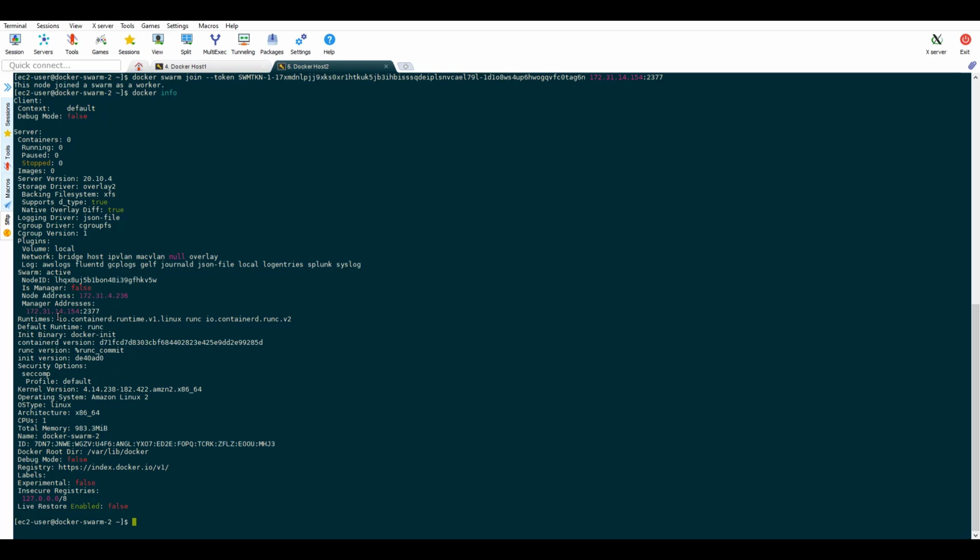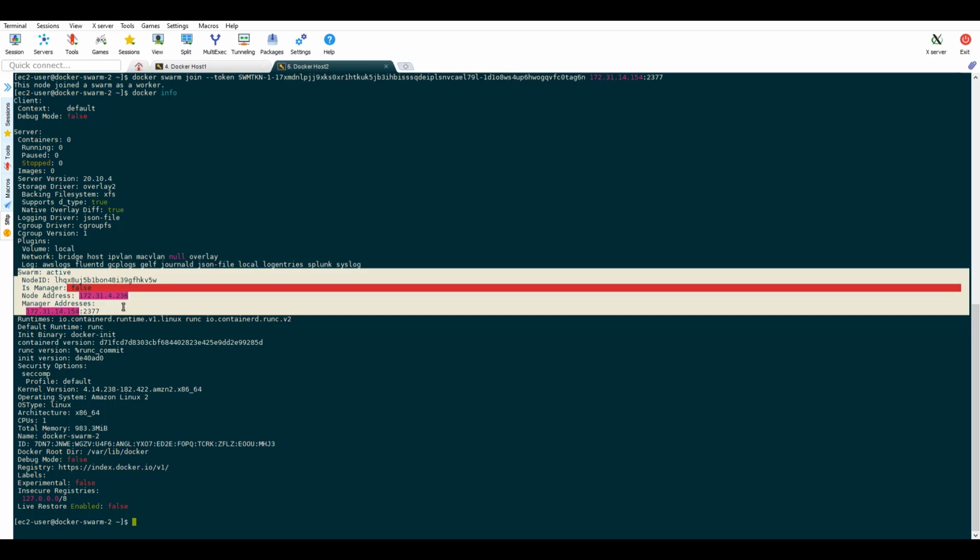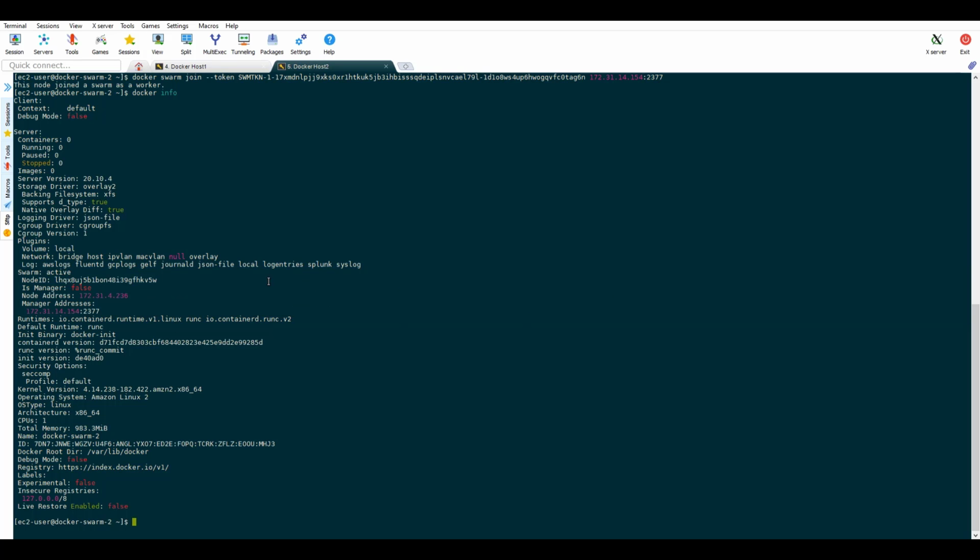Now we have added another host as worker to this swarm cluster. We can run docker info and see if the status is active. That means the node has joined the cluster successfully.